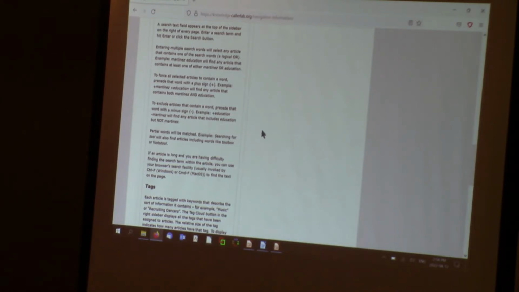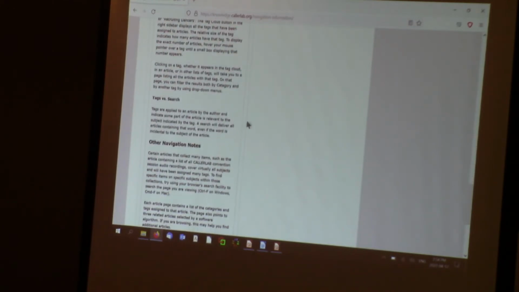So there are explanations there of how you can put in your search terms so that you can either exclude terms or you can guarantee that an individual article has that term in it. So if you put 3 terms in, you can say, this one has to be there, this one, if it's there, I like it, but it doesn't have to be. And you know, there's ways to do that. So read the information on how to search before you come and tell me that you couldn't find something.